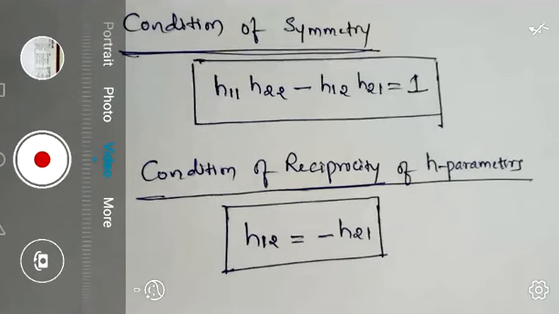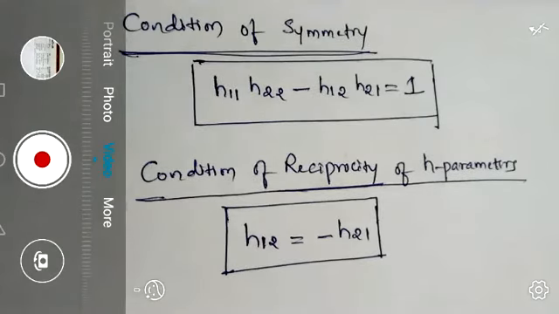In today's session, we discussed the definition of H parameters. Then we calculated all the four H parameters: H11, H12, H21, H22. First we calculated H11 parameter by making V2 equal to 0, nothing but output port or port 2 short circuit. Because of that reason, the parameter H11 is called short circuit input impedance. Then similarly, V2 equal to 0, we substituted in equation 2, we got H21 parameter. The parameter H21 is called short circuit forward current gain.